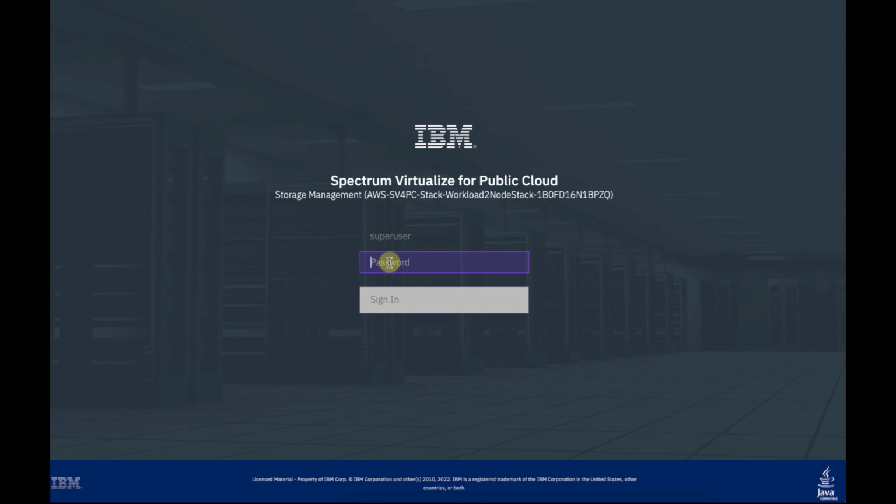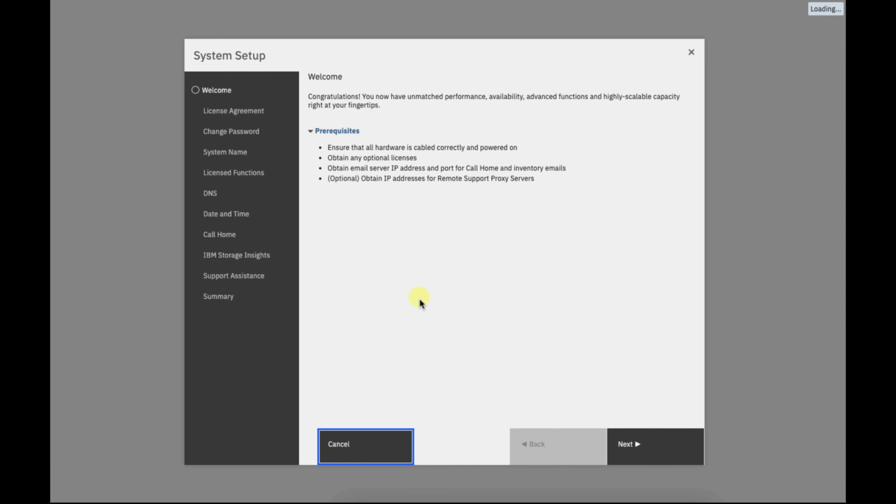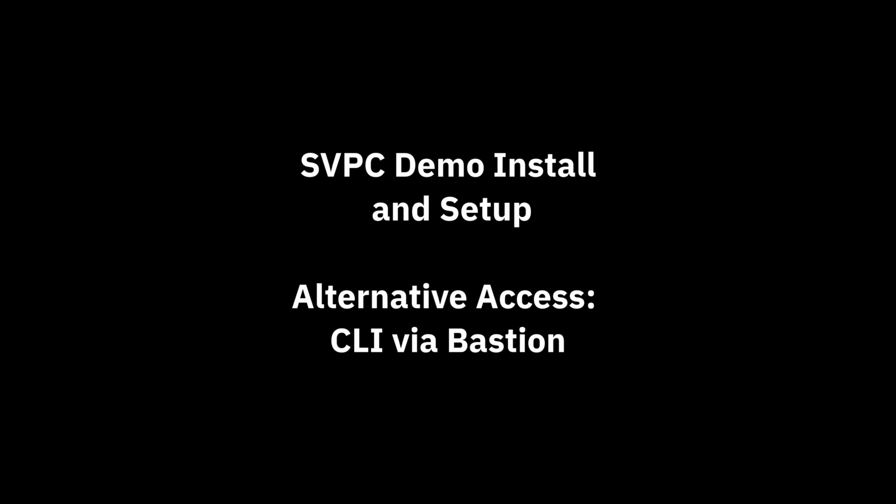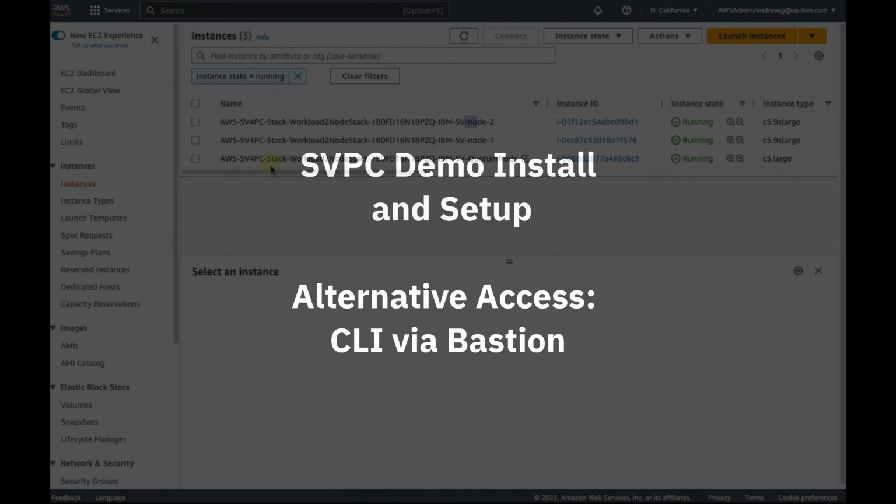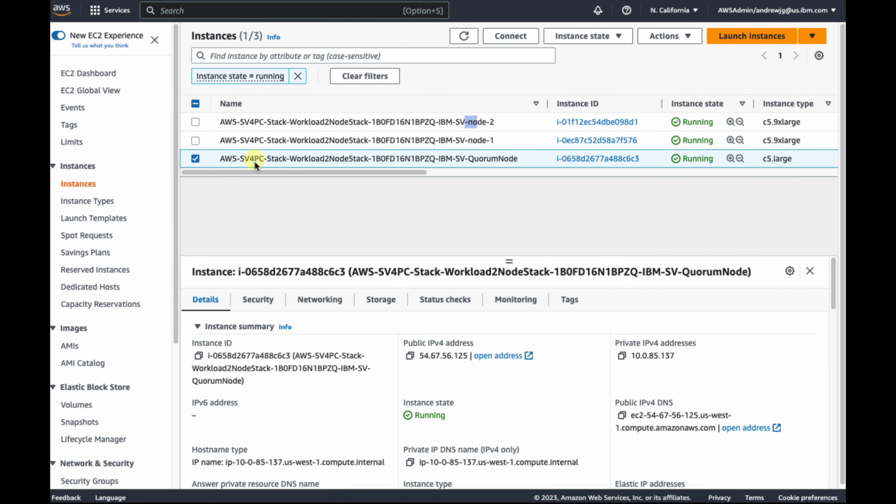You'll see that I'm entering in the password, which I entered in earlier. And I'll sign in. And again, remember, you can do this all through the CLI as well, but it's useful just to see this in a graphical sense. Now, before we finish up on that, I just want to make sure that I show the CLI version of this via the Bastion. So once it's deployed, if you want to get into that particular quorum node, we can